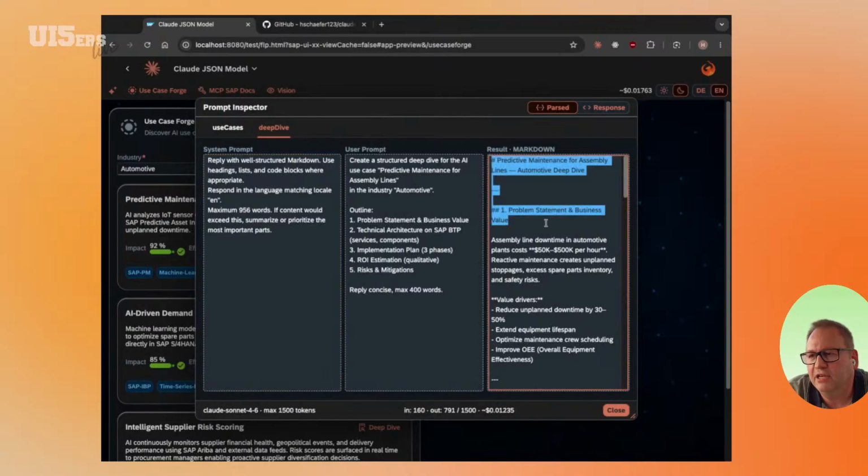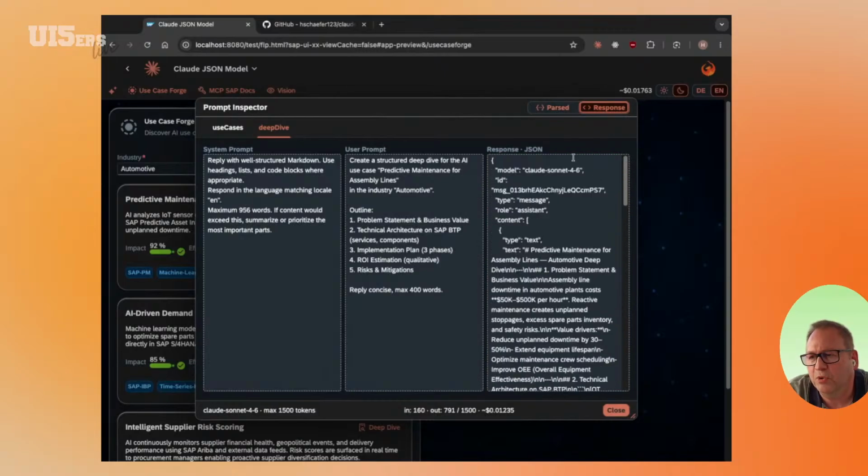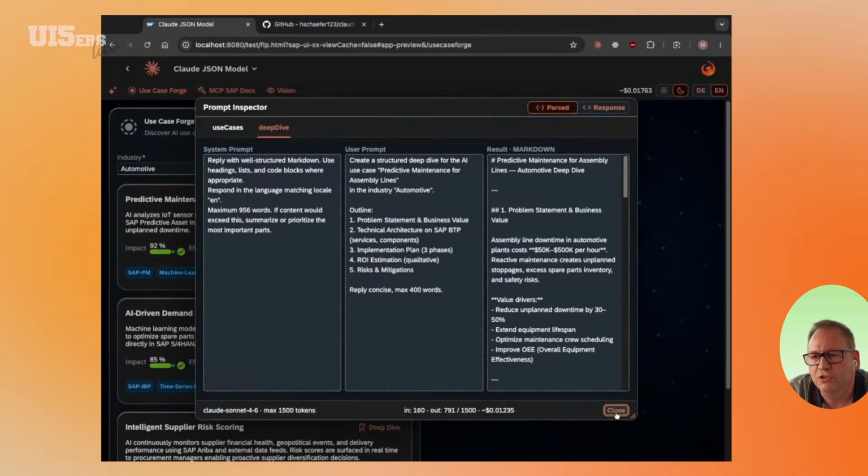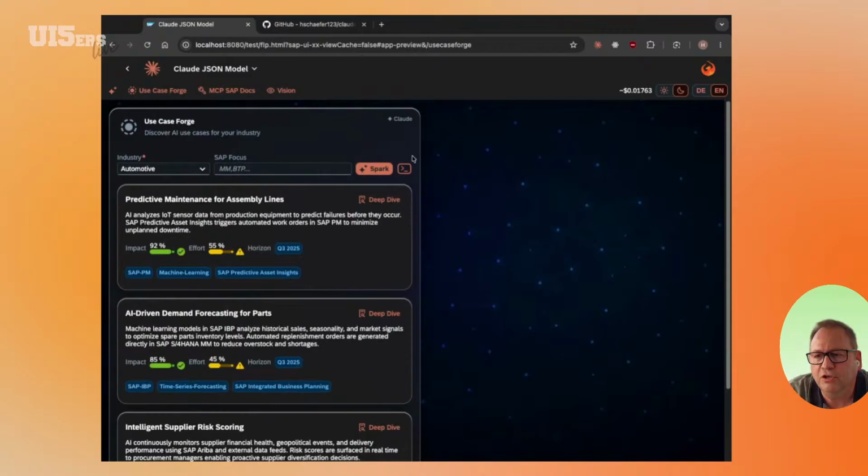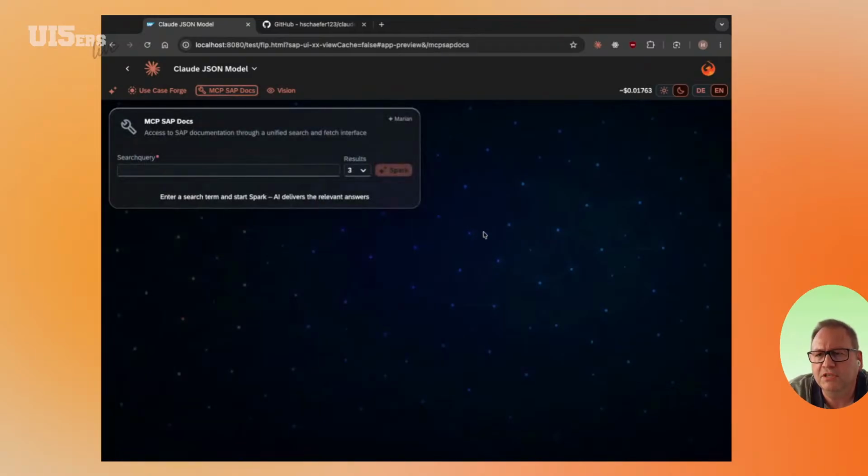And now you see on the right side, you will get plain Markdown as a result. And again, the response will show it for you. So that's the idea, so that you get a little bit more of what you can do with it. There are some additional